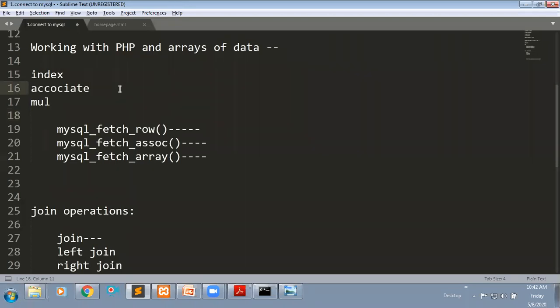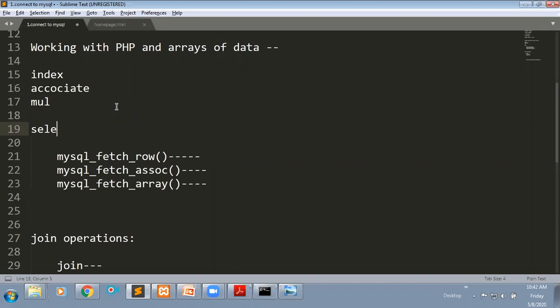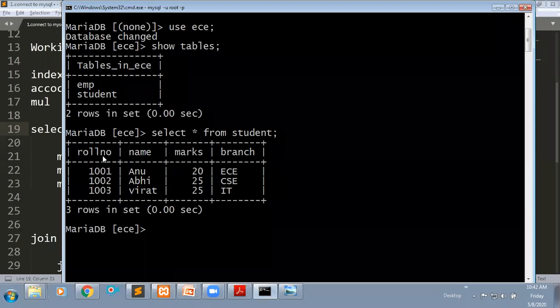In the same way, if I write select star from student, the data is going to be retrieved from the database in the form of an array. If you observe this row, for example, I want to retrieve only a single row.